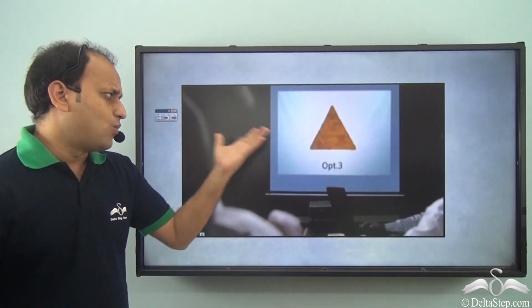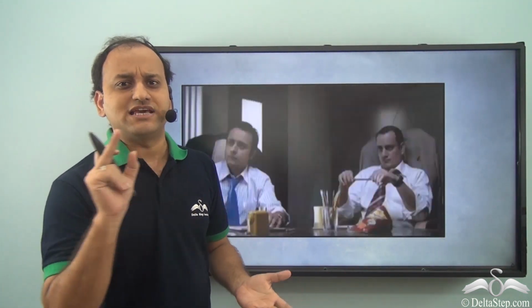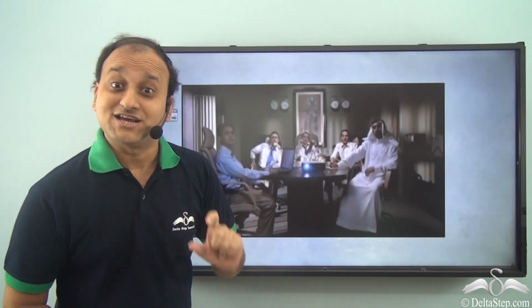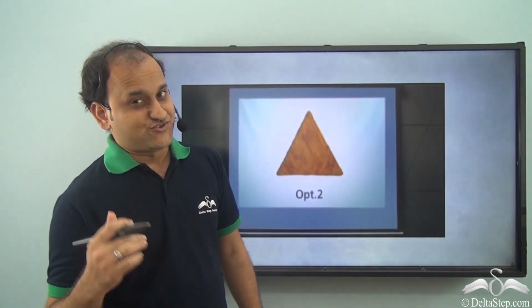Now what do we see here? This is a very famous advertisement, and in this what are they doing? Well, they are comparing different positions of a triangular snack. And what is the confusion? Well, every time they rotate it at a particular angle, they see that the snack looks exactly like its previous position. So they are not able to decide which is the best position. And what exactly is happening here? Well, here what we see is a form of symmetry. So let's understand what this symmetry is.